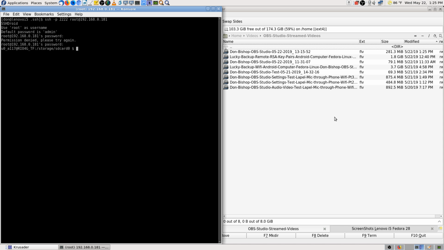So that's just the default message it gives, the SSH Droid app, and if you haven't changed your password, then that would work. That would log you in, but of course you wouldn't want to leave that. I don't leave the SSH Droid app running. I don't have it boot with the system. But if I did, then